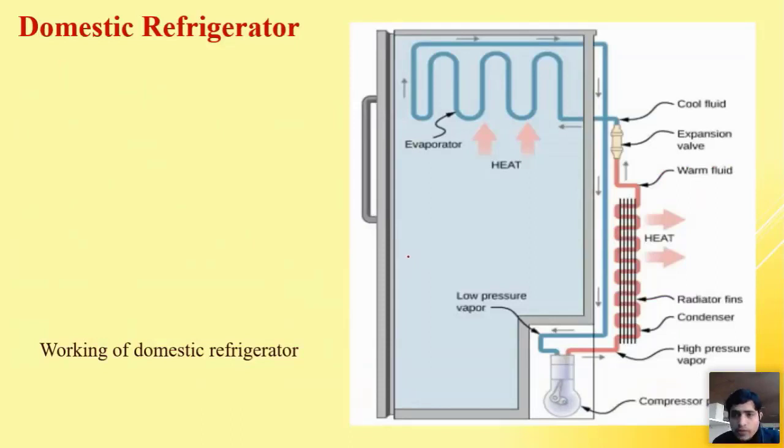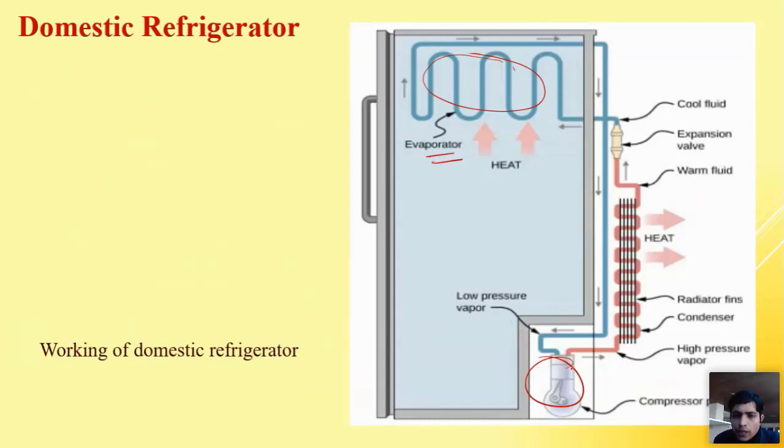So this is the domestic refrigerator. Probably it is not to be discussed, but for example purposes only, I have included it in my PPT. So if somebody wants to get a better understanding, this is the portion of the refrigerator, the refrigeration box, which plays the role of the evaporator. The outlet of this goes to the compressor. So this is the lower back portion of our refrigerator, which is normally hermetically sealed to prevent noise and heat